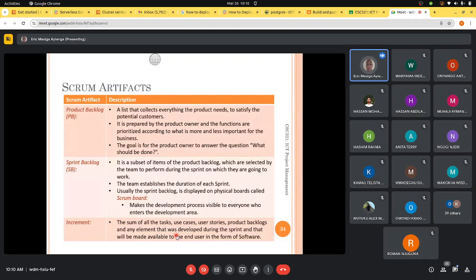So Scrum artifacts include the product backlog, which is a list that collects everything the product needs to satisfy potential customers. It is prepared by the product owner, and the functions are prioritized according to what is more and less important for the business. The goal is for the product owner to answer the question, what should be done? So in terms of Scrum, we are talking about information that relates to the product that has been